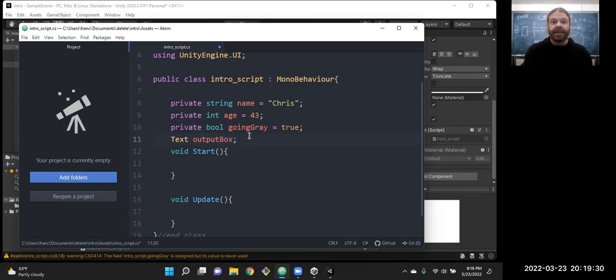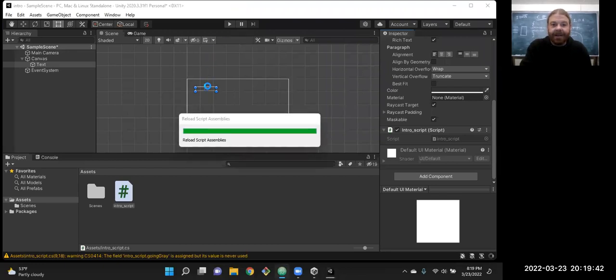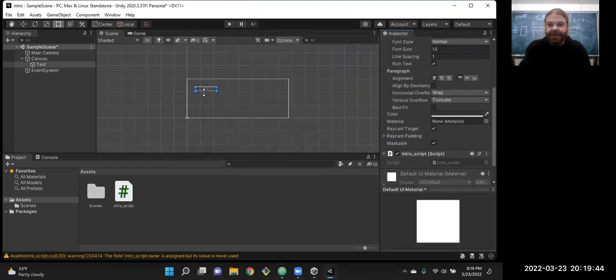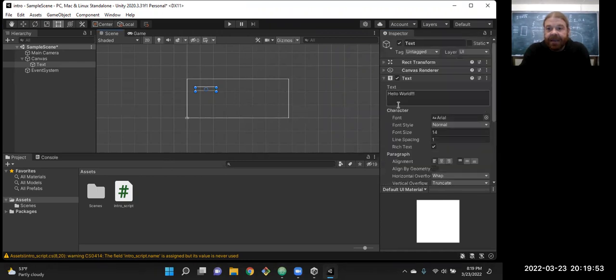Because what I want to assign, and I'm going to go back over to Unity without hitting save, because when I hit save, the compiler will run again. And then I have to wait for the compiler. So I'm going to jump back over to Unity. Oh, it did save. Okay, I didn't think it was going to save. But I want to refer to this text box. In particular, I want to refer to the text component on that.